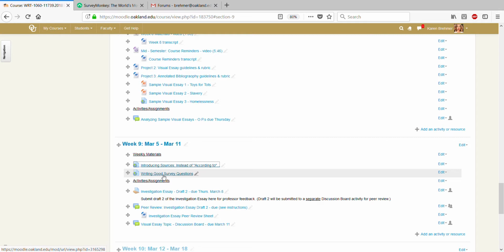The survey is the portion that takes the longest amount of time because you have to create the survey, but you also have to start gathering that data, that information, and then calculating that information. So all of that takes a lot of time. So as soon as you choose a topic, then you want to create the survey and get it out there so people can start taking it.